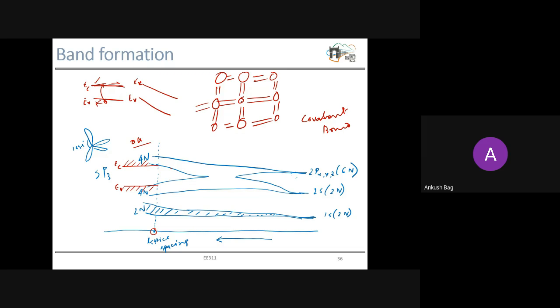In the case of this bond model, let me take another look at how your electrons and holes are coming. So you need to break one covalent bond. If we break one covalent bond, then you will have one electron, and this electron can move around. So this is a free electron. And at the same time, this space will get some positive charge. This positively charged space is actually called a hole.